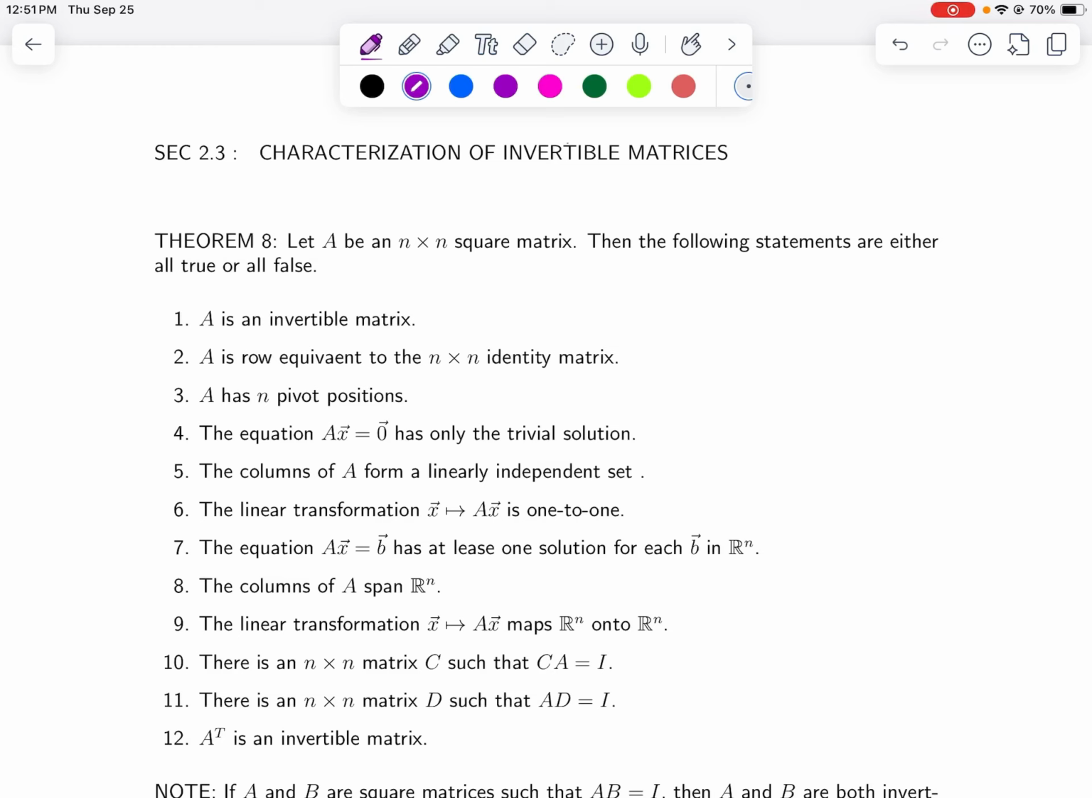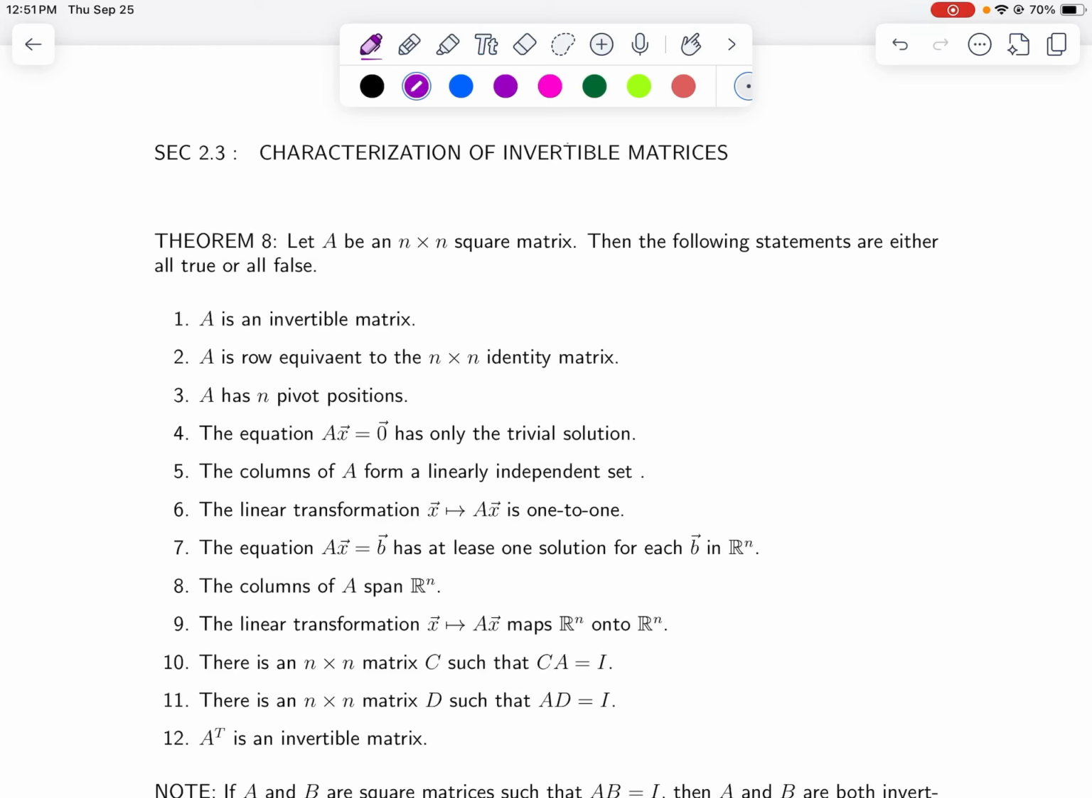We are not, of course, going to prove any of these, but we have to remember at least some connections, because if one of them is not true, then all are not true. And if one of them is true, then all of them are true. So Theorem 8 says, let A be an n by n square matrix, then the following statements are all true